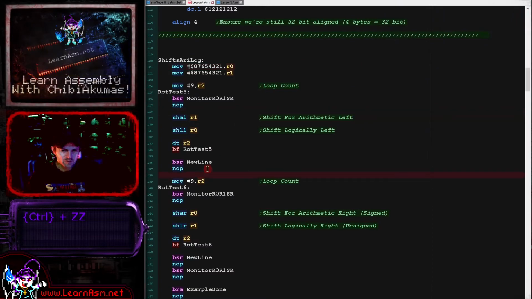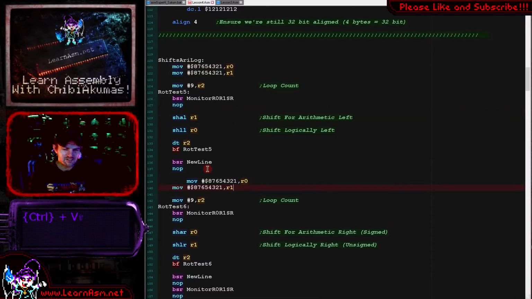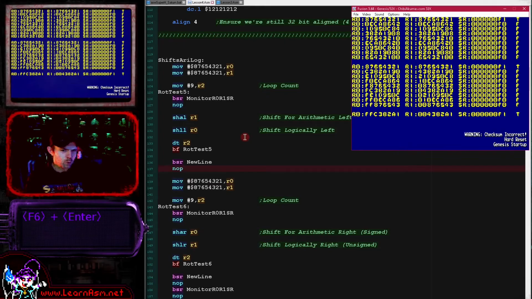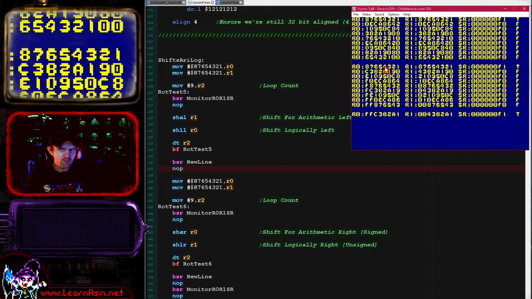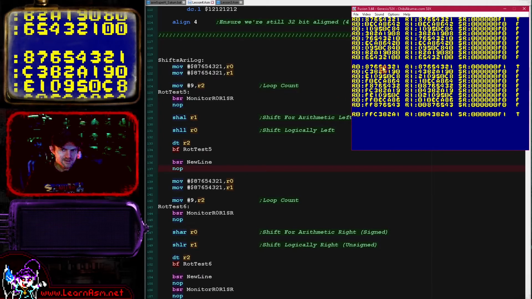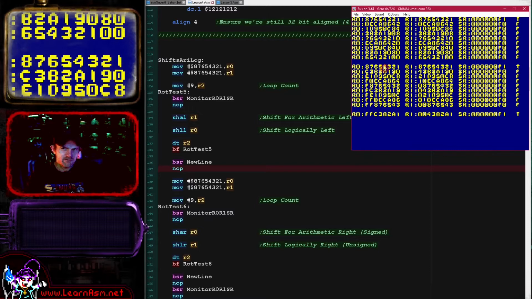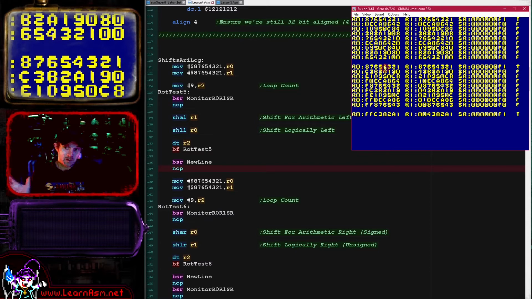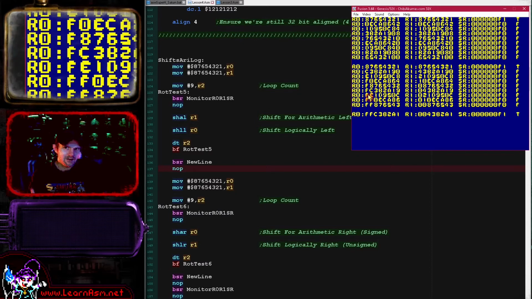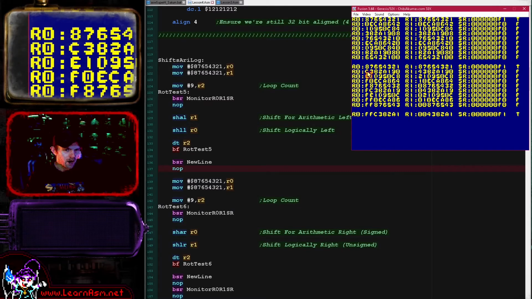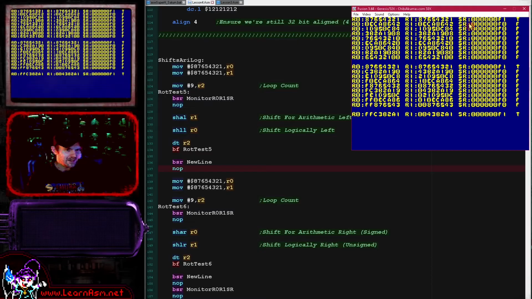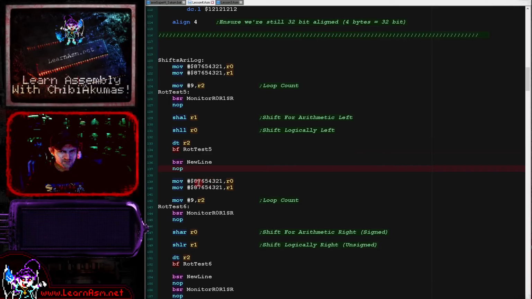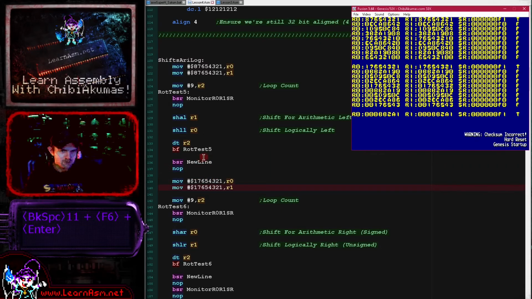Now, one important thing to point out is that the new bits on the left hand side with the shift arithmetic were all 1 simply because that was what was required to retain the sign of the original number. Here I've reset the test value to 87654321. The top bit of that nibble 8 is a 1, so again the new bits introduced are 1s, meaning the new nibbles are F's. But if I change this to a value of 1 and run again,